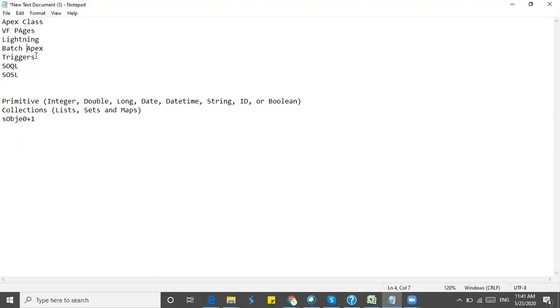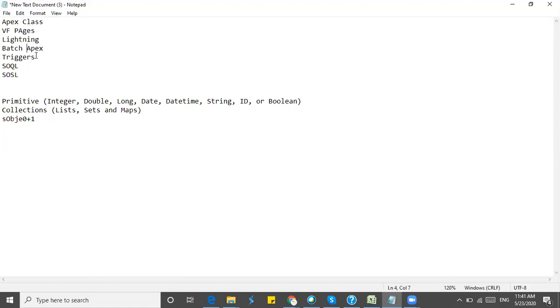When you execute the batch Apex, we need to give how many records are to be processed at a time. If you give 10 records, it will pick up the first 10 records, process them and update. Then it will take the next 10 records, and process and update them, like that. So the minimum is 1 and the maximum is 2000.